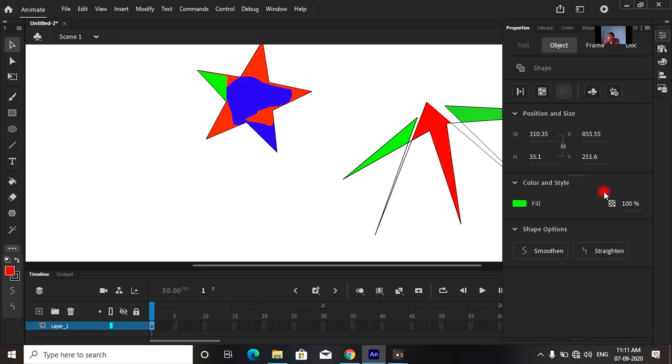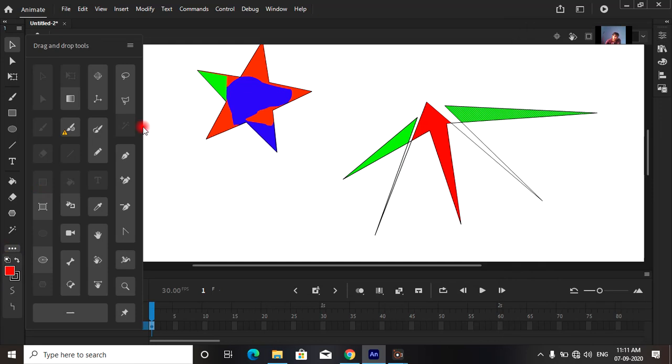Next is the ink bottle tool, which is used to fill the color outside of the stroke. Suppose here I am going to select that. To select the ink bottle tool we have to click on that option. Here is the ink bottle tool.